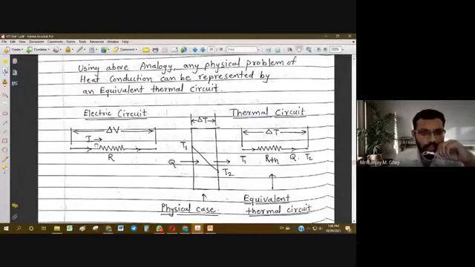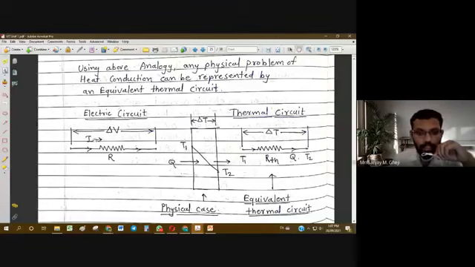Whenever there is a current flow through a resistor, and there is a voltage difference delta V across this point and this point, current I flows through this resistance or through this conductor. The same way we can relate it to the conduction case. So this is a physical case. Let us say some wall or some flat plate is there, and there is a temperature difference across this thickness, delta T, from T1 to T2. This is point 1, this is point 2, and this temperature difference is analogous to voltage difference.